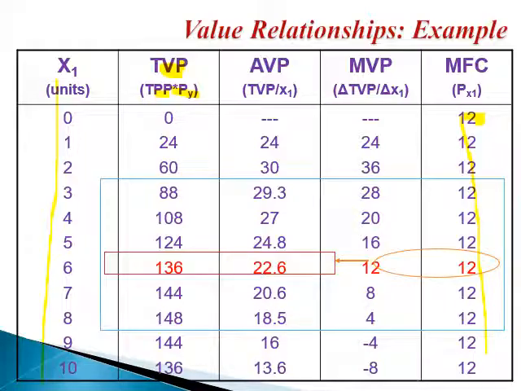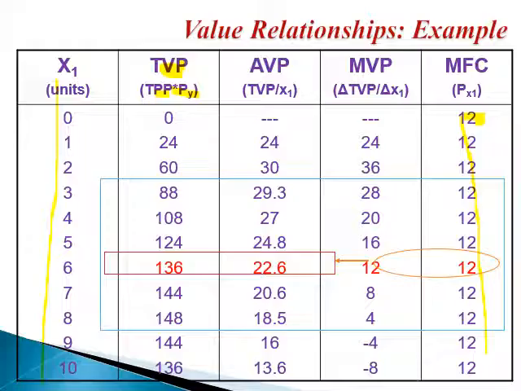So 2 times 0, total value product here, 2 times 0 is 0 because total output was 0 at the beginning. Remember, in our example, we assumed that if I use 0 x1, I'm going to get 0 output. So 0 output multiplied by 2 is 0. And then after that, it was 12. If you look at the previous table, the table where you have total physical product on it, look at the column that was called the total physical product or level of output. Now I'm going to multiply 2 times 12, it's 24. And then after that, 2 times 30 is 60. And the story continues down all the way till you get these numbers. Okay?